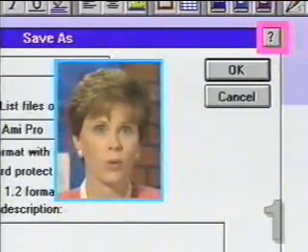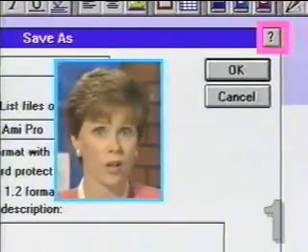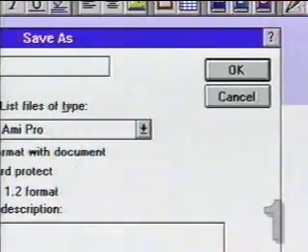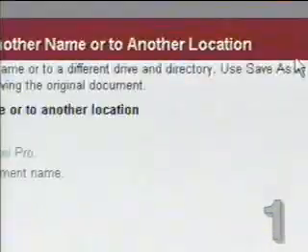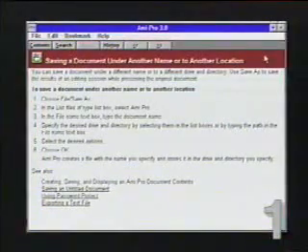Clicking on this will provide context-sensitive help, that is, instructions or help related to the current topic. Let's click on the question mark now. In a moment, a help window appears containing information about the Save As command. Let's close the help